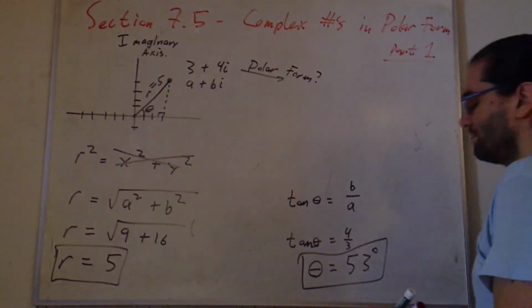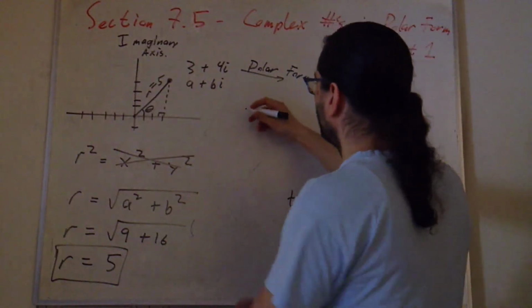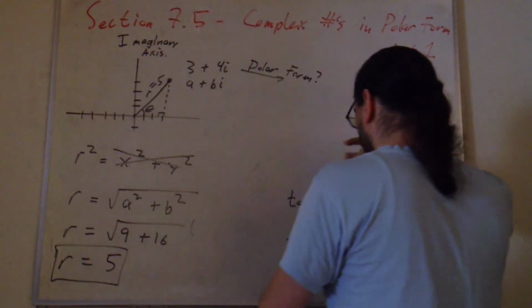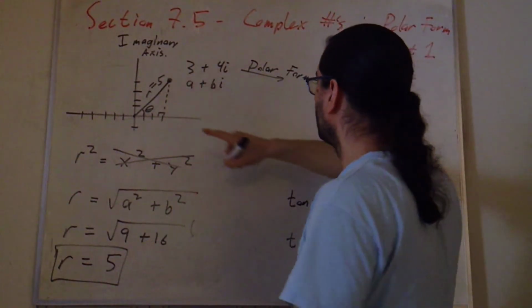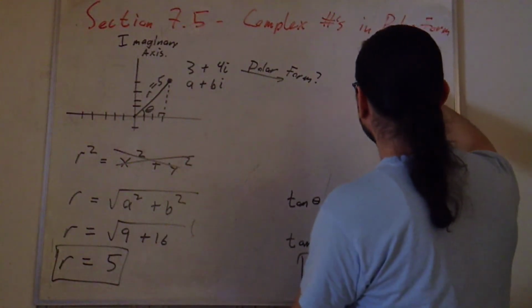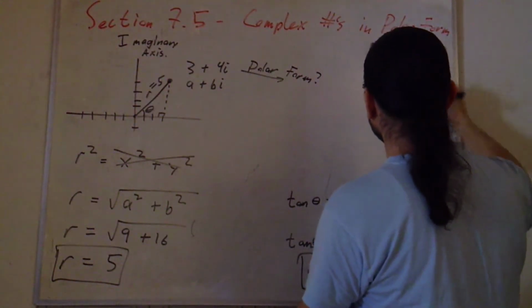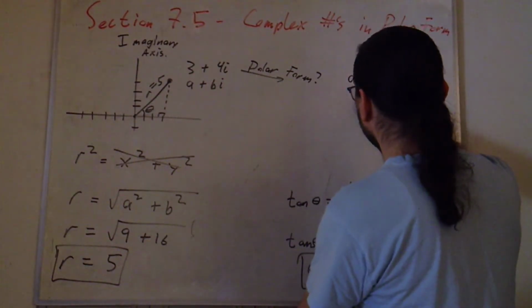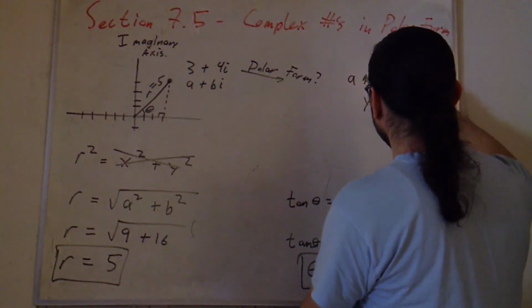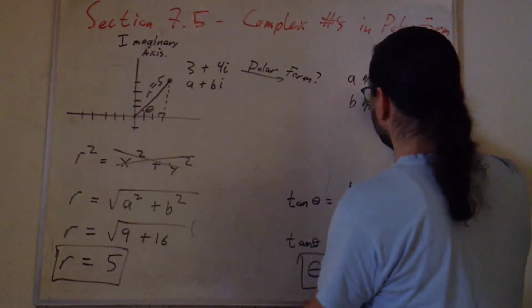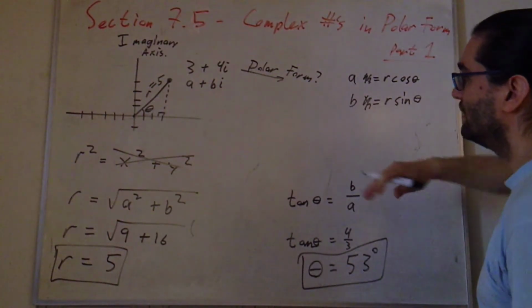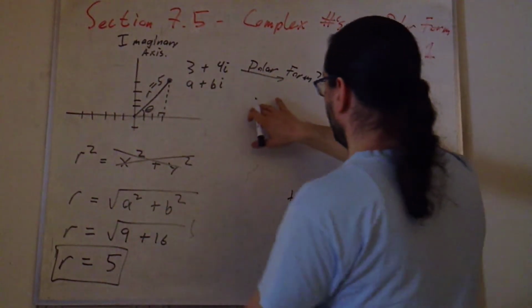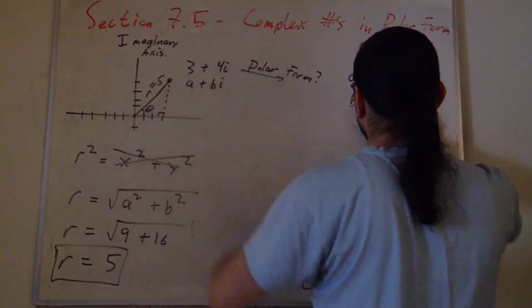In polar form, this point 3 plus 4i would be written as the real part. Remember, x equals r cosine theta, except instead of using x's, we have a as our real part, and y equals r sine theta, except instead of using y's, we use b's as our imaginary part. So the way that we're going to write this in polar form is, instead of a 3, I'm going to write the 3 as